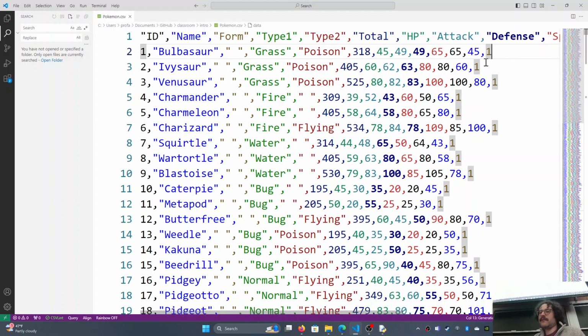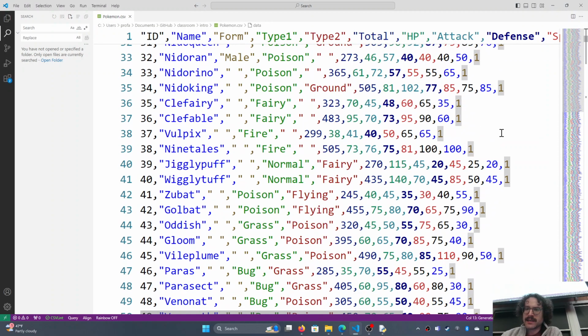But the reason I have this is that we can ask some questions from this file. We can iterate over this file and ask questions about it, such as which Pokemon has the highest attack, which has the highest defense, which one has the highest combination of attack and defense, and what is the average HP of a Pokemon. This last number is